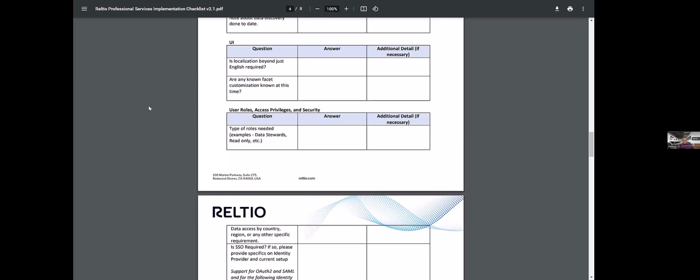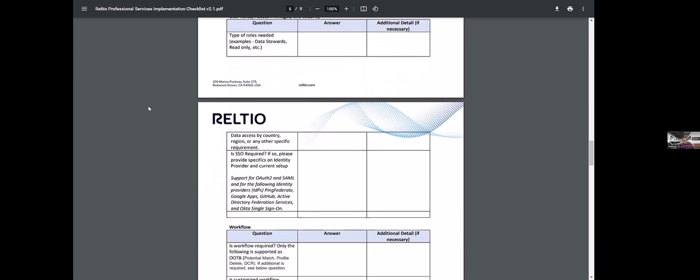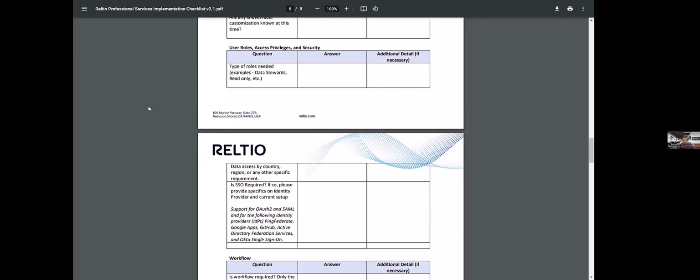The next big thing is the user roles, access privileges, and security. Again, this is more required from the workflow and the data stewardship standpoint.